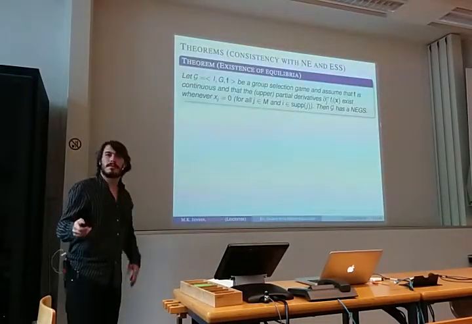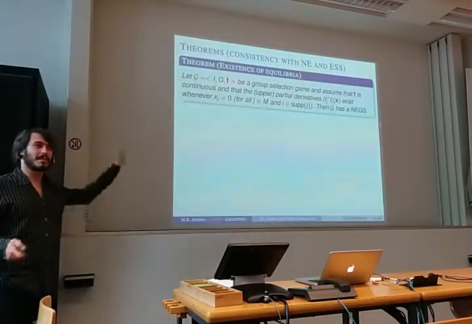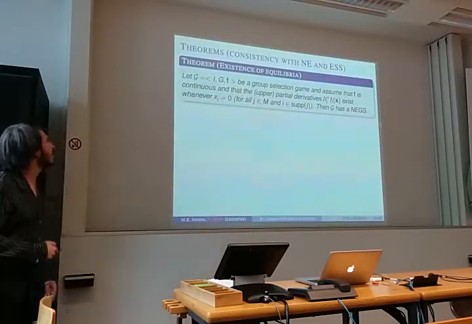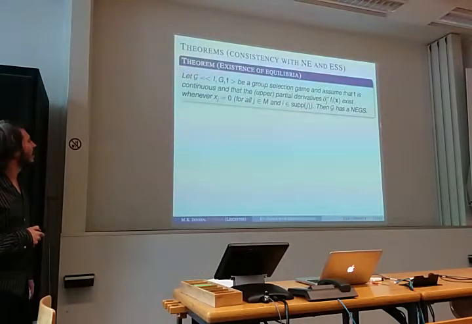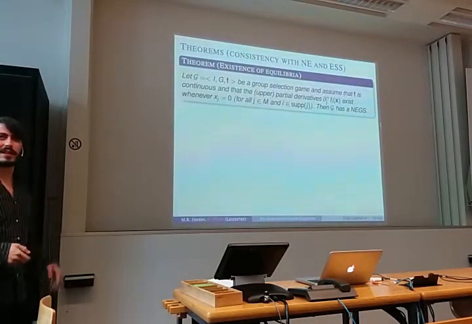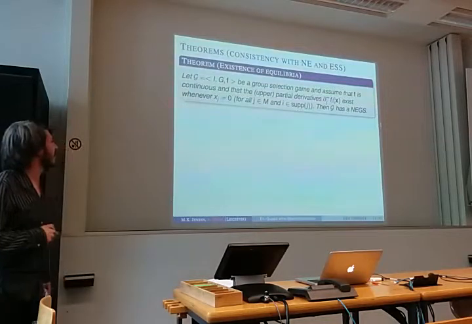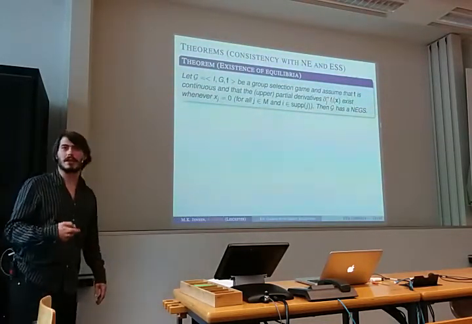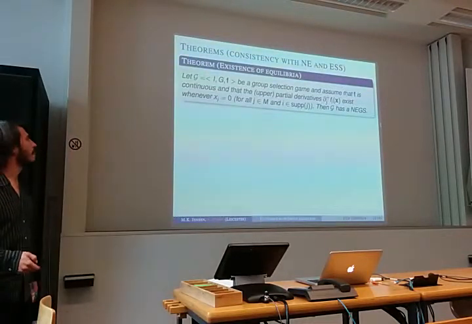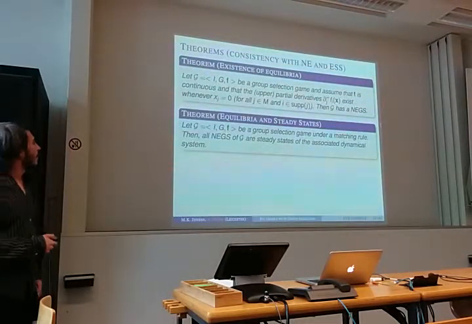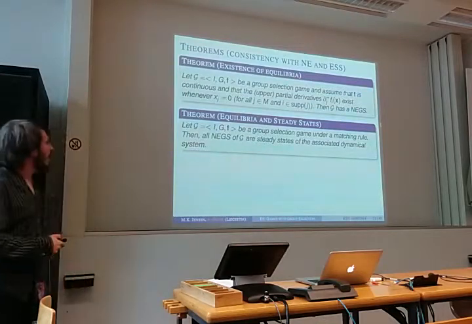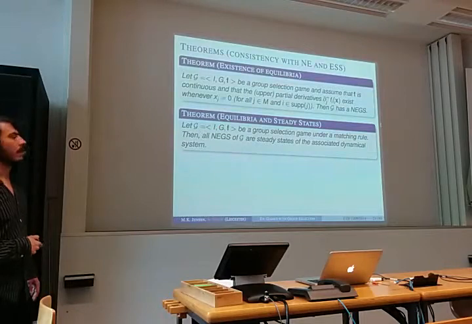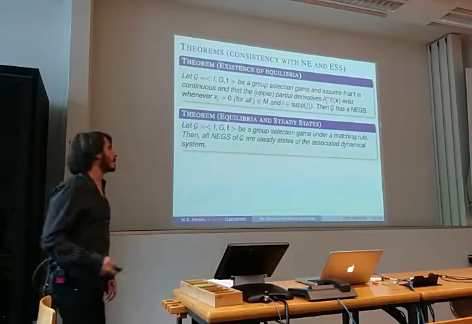Right, now, very simple results that are probably very intuitive, and make sense if you've read a bit of evolutionary game theory. Existence of equilibrium under some conditions, continuity and smoothness. It's continuity basically. There always exists a Nash equilibrium under group selection for every kind of matching. Then steady states, it tells you that